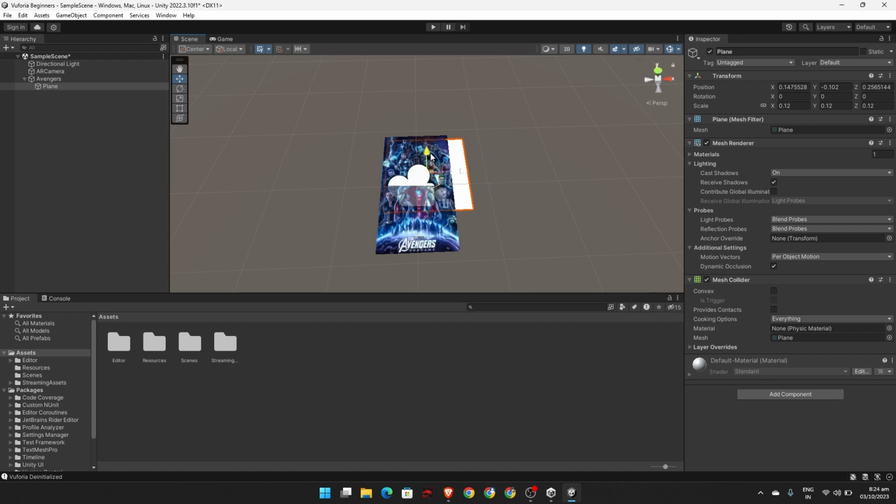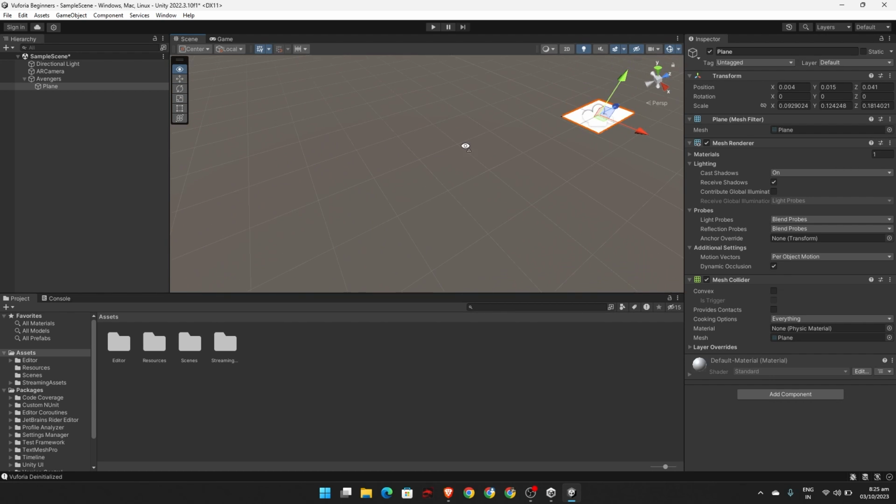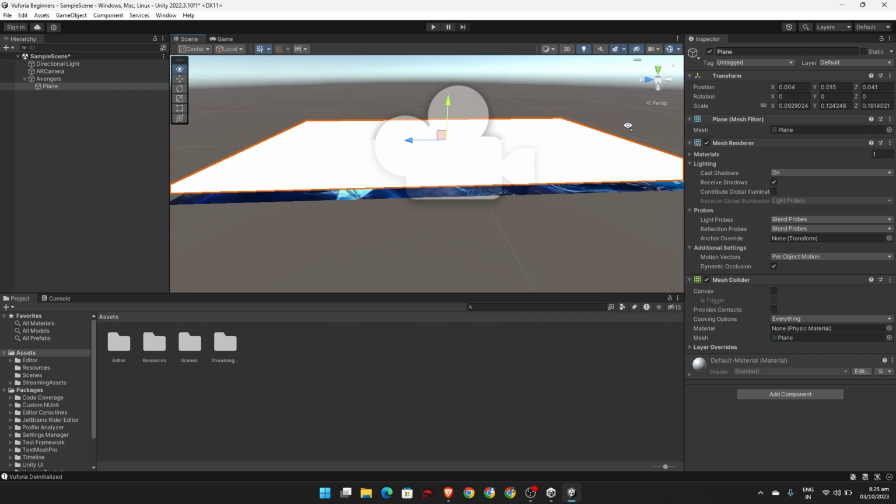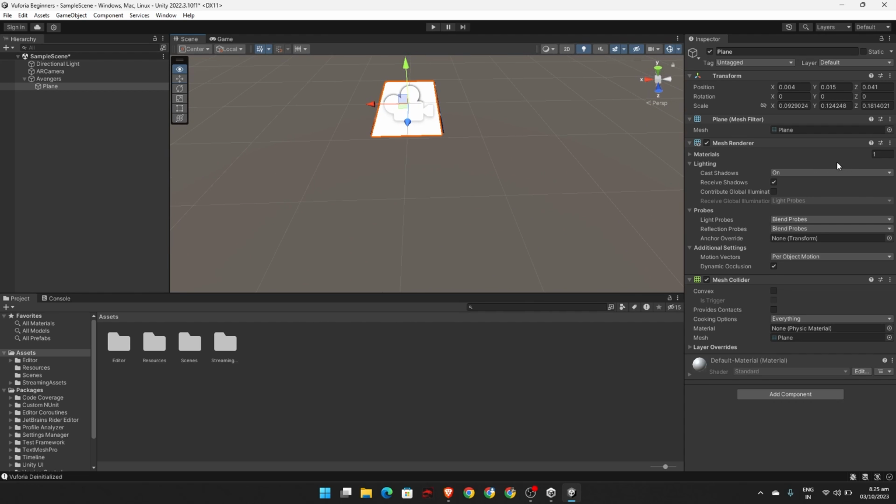Okay, the plane is just behind the image. So let's just bring it in front of the image. And let's just resize that. Perfectly aligned just above the image. Now we need to do something. Yeah, let's just rotate it 180 degrees on the y axis because it is usually inverted when we add the video